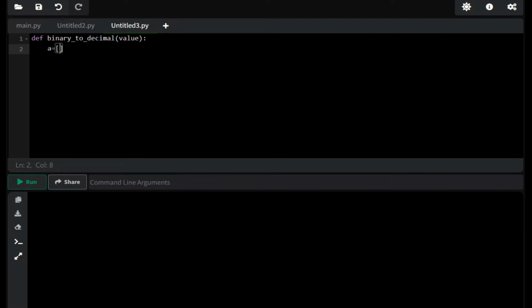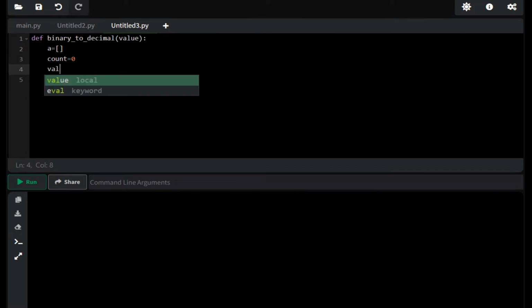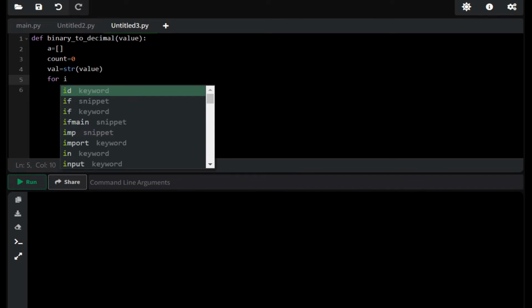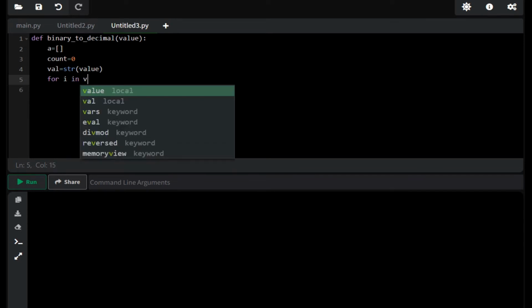Let's create an empty list A and count equals 0. Now the binary number, that is value, is an integer, so we need to convert it into a string and store it in a variable val equals str(value), because an integer cannot be iterated and a string can be iterated. For that we convert the binary number into a string. Now apply a for loop for i in val,